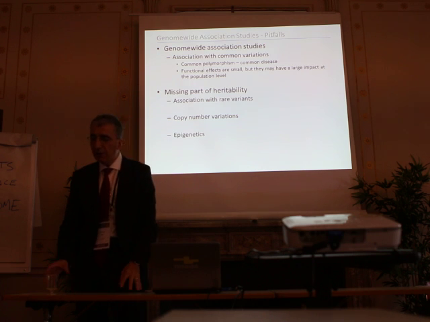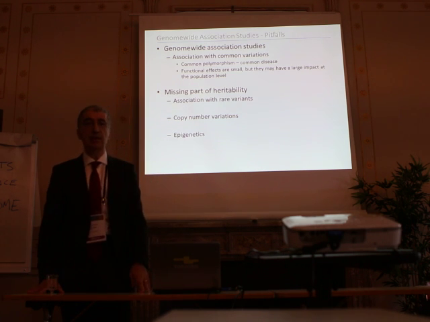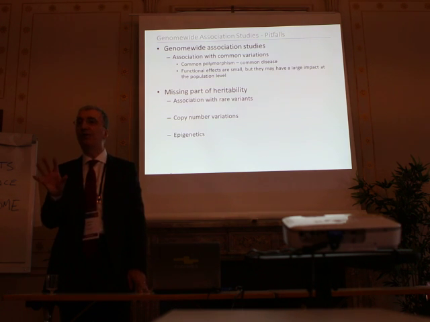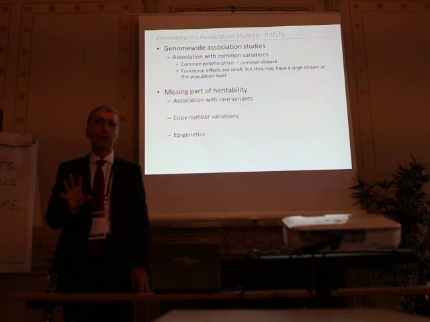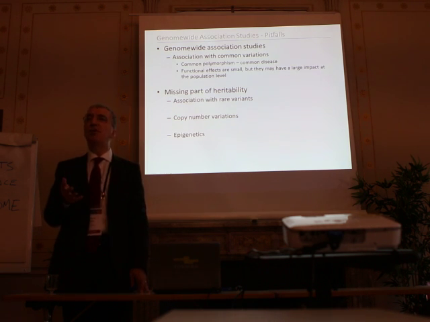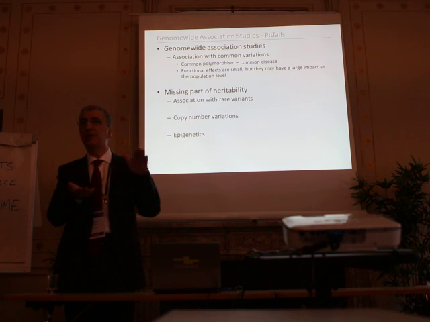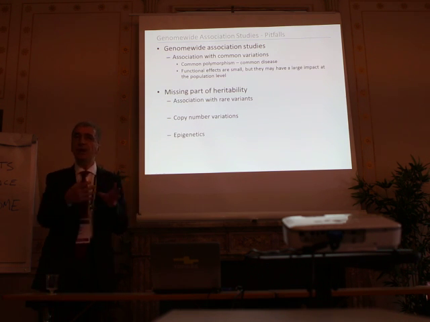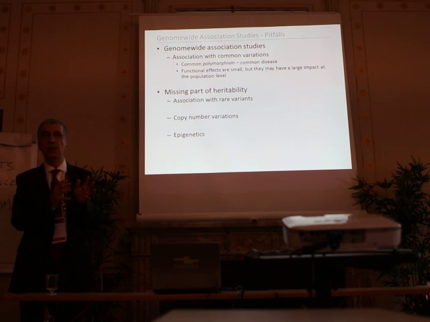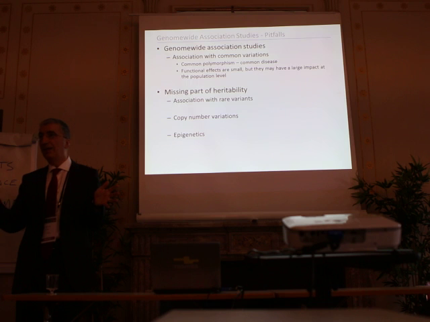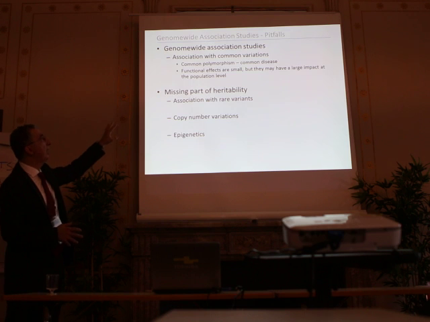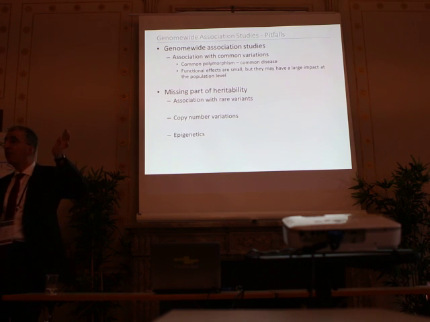But we all know that the GWAS studies, although they all were conducted in total thousands of patients and controls, can explain only a portion of the genetic tendency, because they are just reporting us common polymorphisms. So these polymorphic markers are common in healthy population. There are some differences in the distribution of these common polymorphisms. And they have some functional effect. Their functional effects are small, but since they are quite common in the population, their impact at the population level is quite important. But for the missing part of the heritability, we have some rare variants.